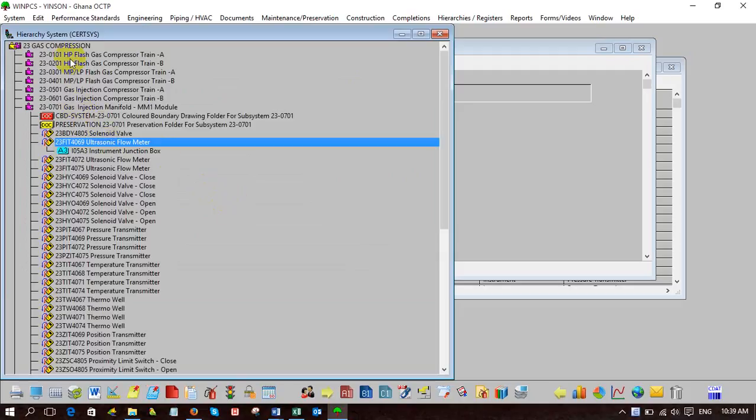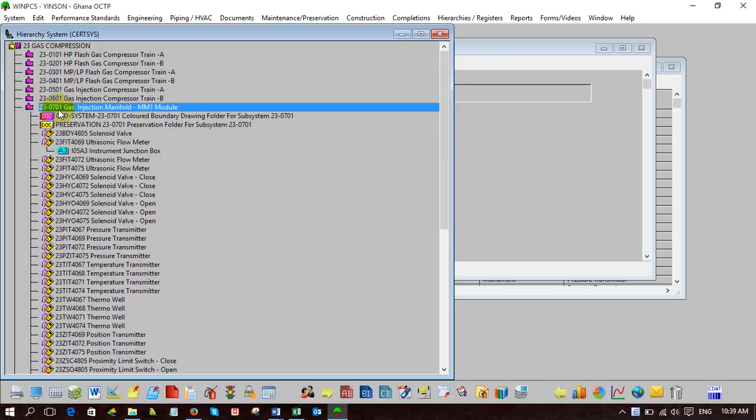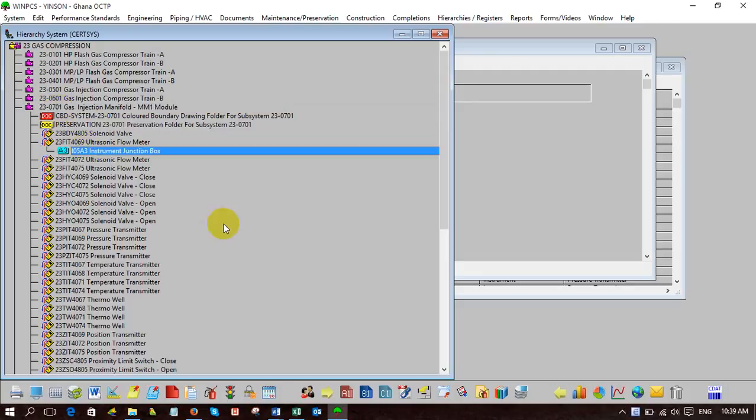which subsystem, and gas compression. But it will never tell you from here which module, because the hierarchy is different. But okay, still okay. But from here we cannot see if it is signed off or not. Can. Okay. See here. You can see, right? You see. Okay. You from sign off.